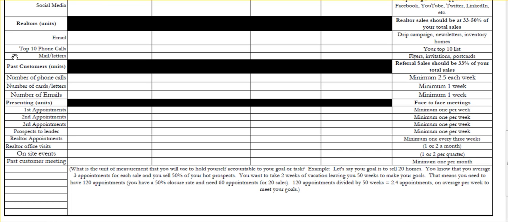And then finally, presenting. So this is your face-to-face. First, second, and third appointments for your prospects. Getting prospects to the lender, your realtor appointments, your realtor office visits, on-site events. Again, how much time you need to spend actually at an on-site event each month, and then your past customer